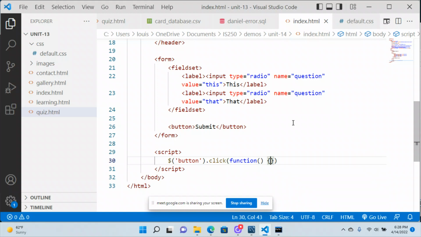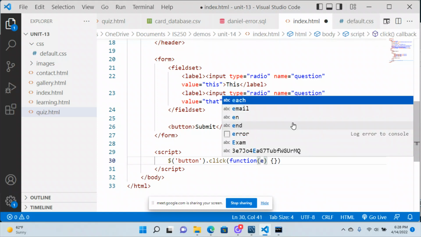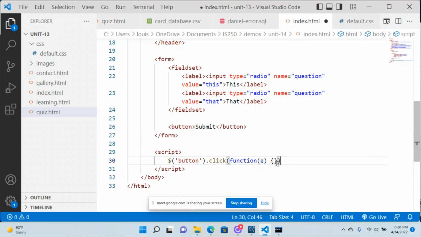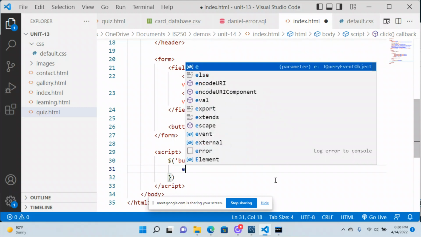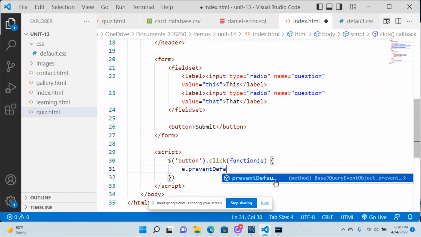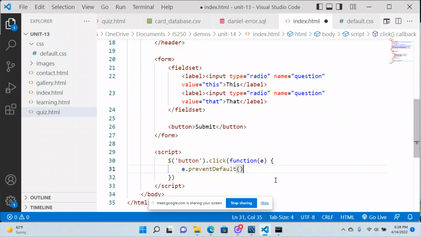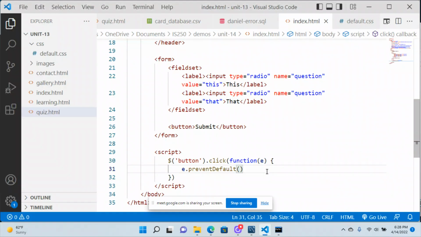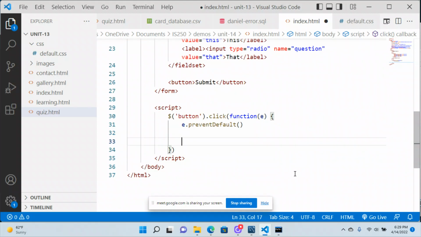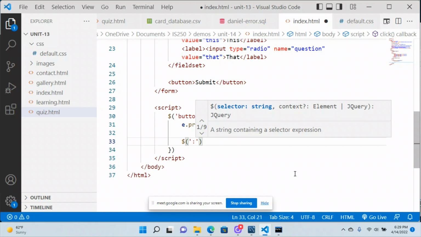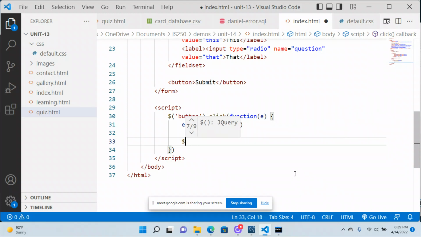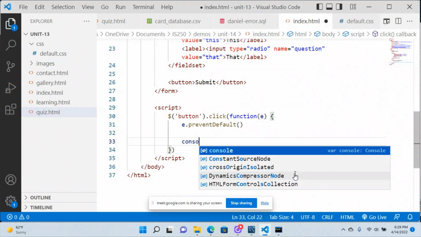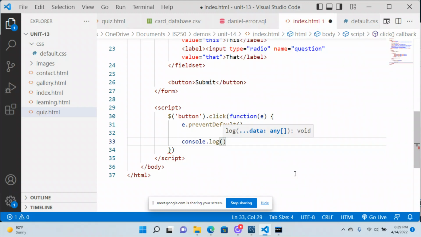I have to put in the passed variable that references the event object, and then inside of here, I have to do e.preventDefault, like so. And now when the user tries to submit their preference, nothing's happening. And then in order to log this to the console, you'd want to grab checked. And actually, you know what? It might be even simpler than I'm thinking. Let's see if we can just do console.log, and then